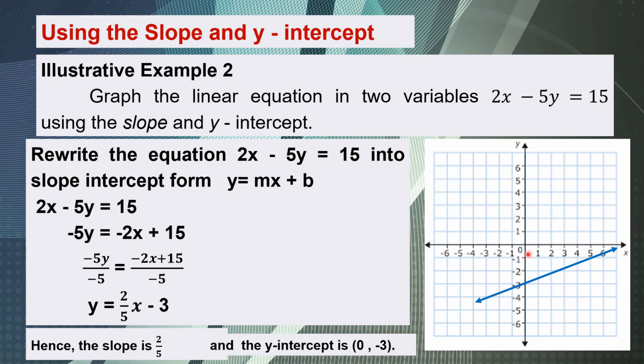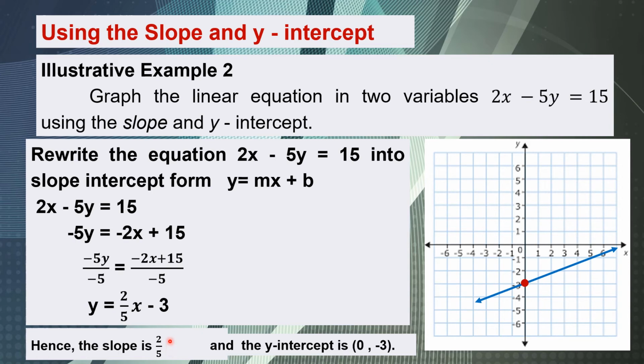So, we have now 0, nakatapat siya sa x-axis, and our y is negative 3, kailangan nakatapat sa y-axis. So, nandito yung ating point 0, negative 3. So, from point 0, negative 3,